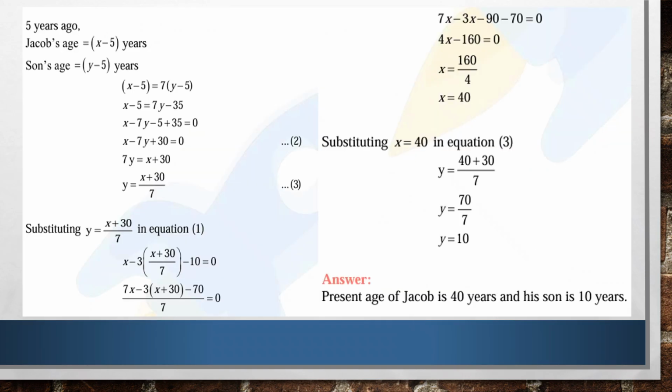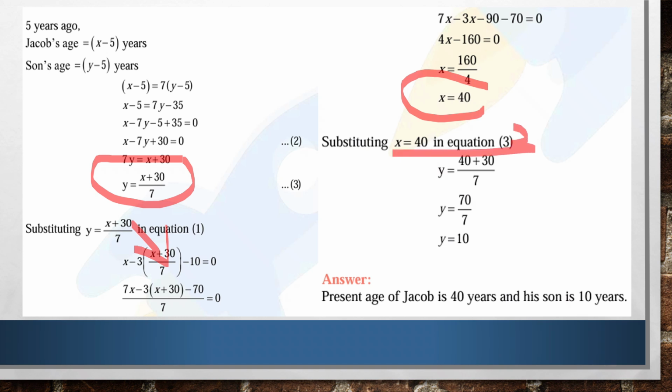So here Jacob's age is written as x, and x is equal to 7y minus 30. If I substitute in equation 1, I will get y is equal to 10. Knowing y is equal to 10 in equation 3, you will get x is equal to 40. So I can write the present age of Jacob is 40 years and his son is